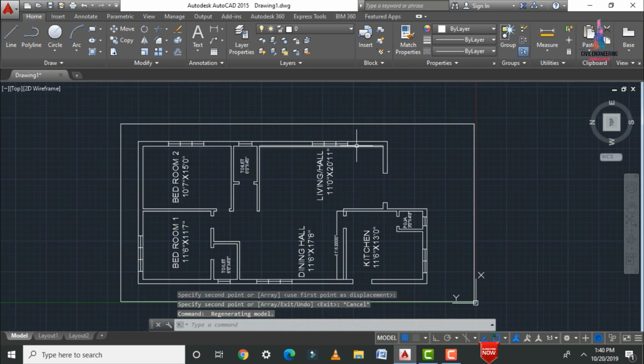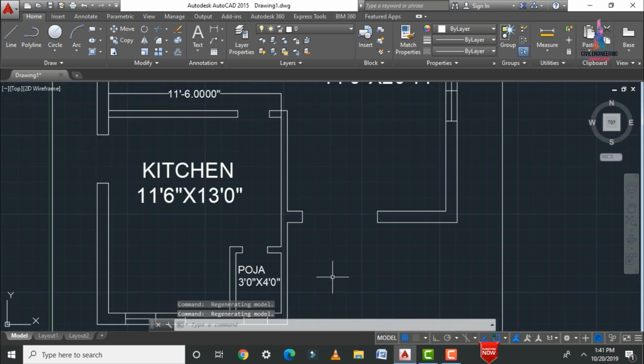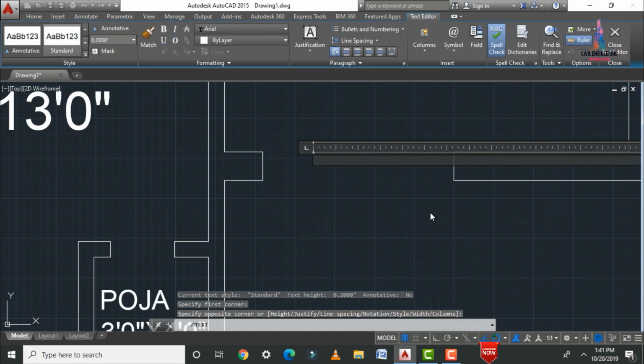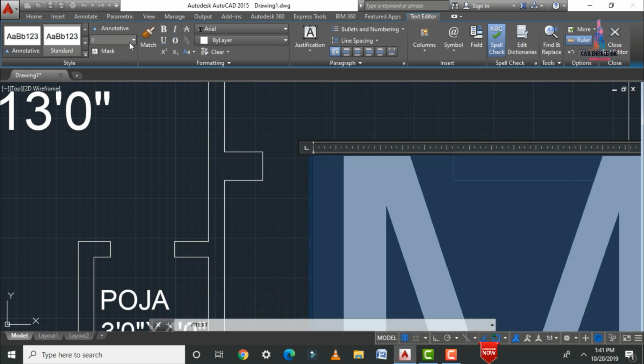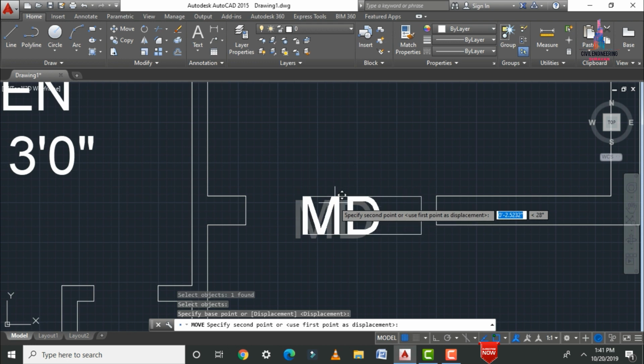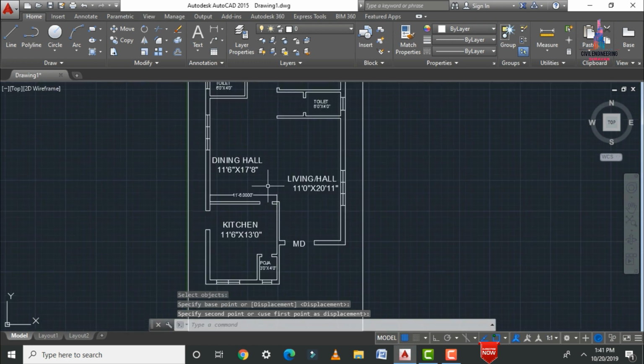After drawing the floor plan, basically we need to indicate the doors as well as the respective windows with the help of the letters D and W. For that, I am rotating the model here like this. Just we have to draw the text here, which consists of the main door. Here I am taking the distance as 1 feet 0 inches. This is the main door for this house. M enter. You can adjust this respective point here. Enter. Like this. Again we have to copy the door here.